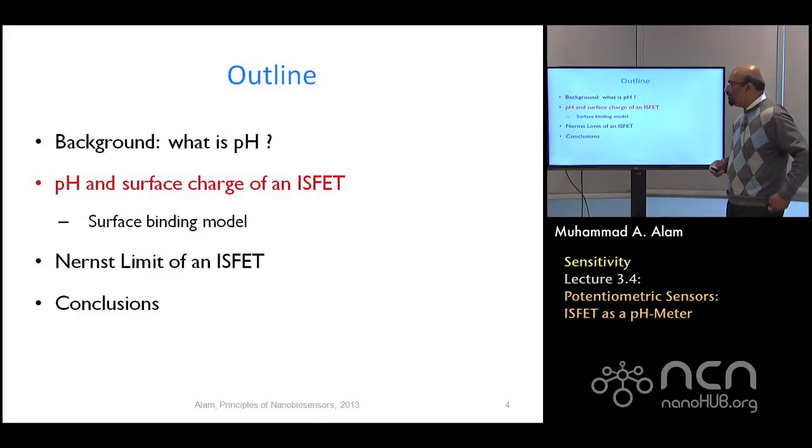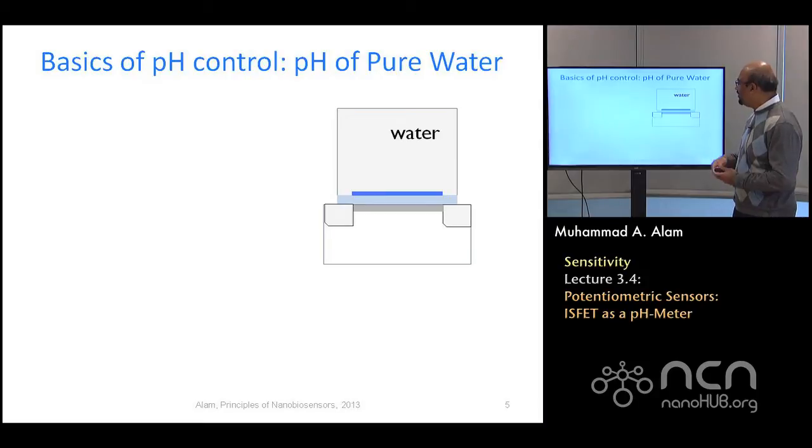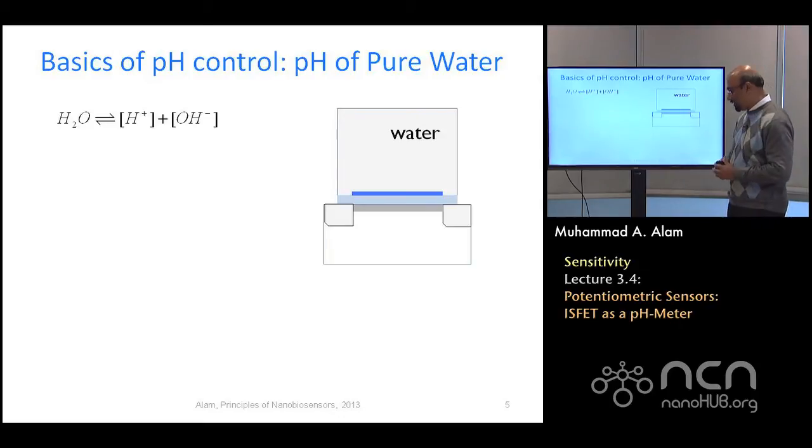Now, let's get into this calculation about surface charge. It will turn out to be very simple, but in case you have forgotten the undergraduate chemistry, let me remind you of some basic facts, and then we'll very quickly get to the final answer. In water, as I mentioned, because of this exchange of charges, there will be this exchange reaction, protonation and deprotonation. There's always a certain amount of charge on the sensor surface. So let's think about pure water, without the sensor.